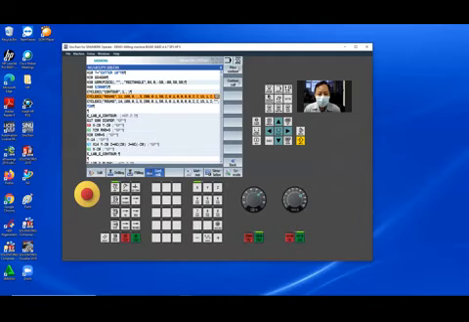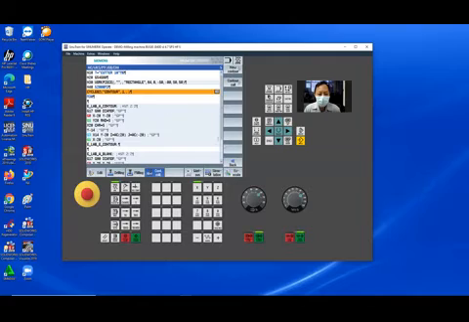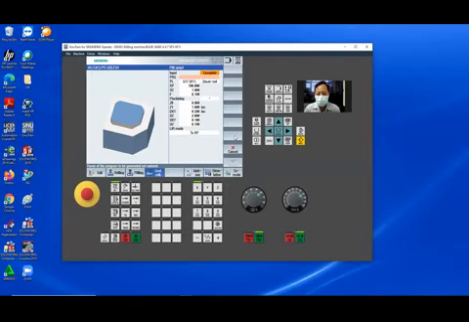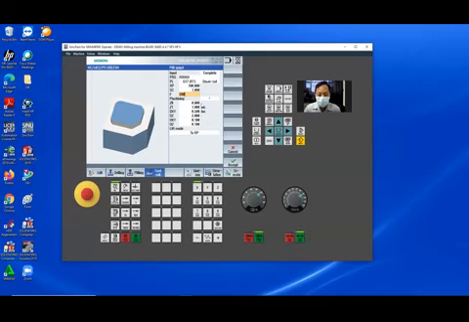This pocket is cut and cut. Chain with back spigot. Check the parameters. The F is 200, the depth 5.